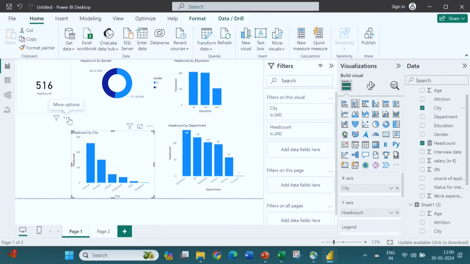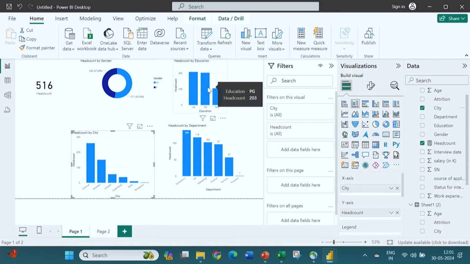So, now if you have this dashboard in front of you, you can tell a story about your numbers. You can start: 516 applicants have applied to our organization or have shown interest. Out of 516, we have 245 female and 271 male. Here you can see it is also there in terms of percentage. So, you can mention the percentage also, head count wise,